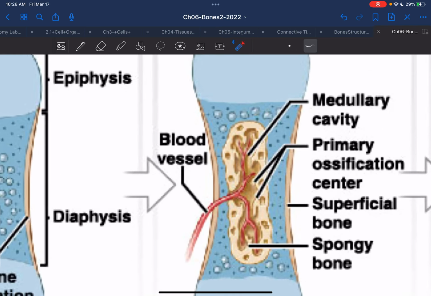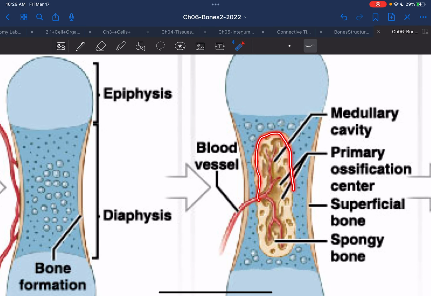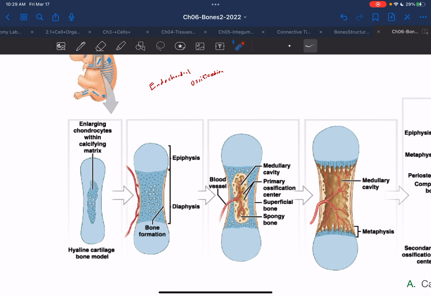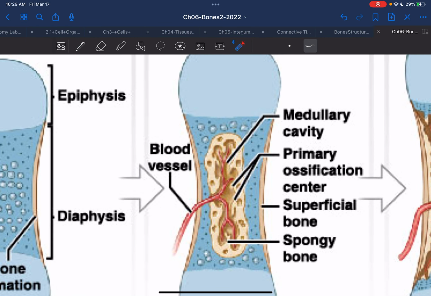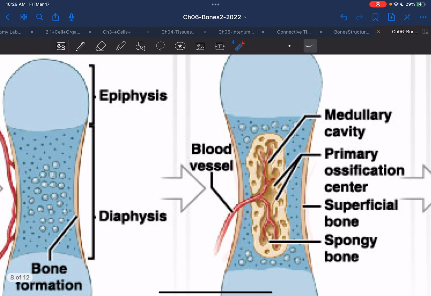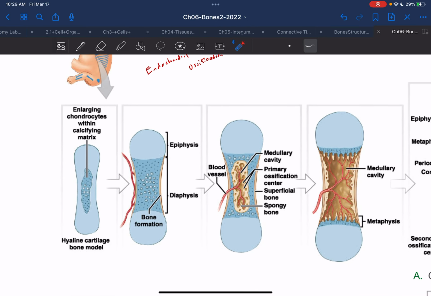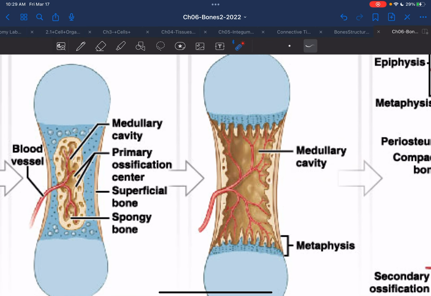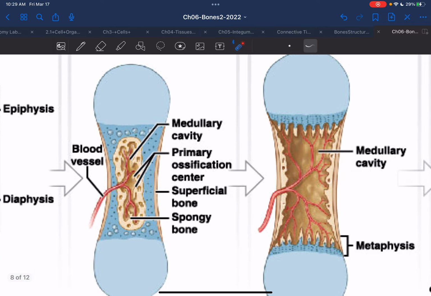And when we look at this inside, you can see that now this entire center is completely replaced from cartilage to having what we know as spongy bone. And so osteocytes or osteoblasts more than likely, laid out what we refer to as the primary ossification center. That means that this is the first site where a real bony matrix was made. Even though we had our bone collar made, technically this is still considered our primary ossification center. This is going to be the site where expansion or appositional growth is occurring, and our medullary cavity can increase in diameter. And we see that we started off with nothing but hyaline cartilage, and then we ended up replaced with